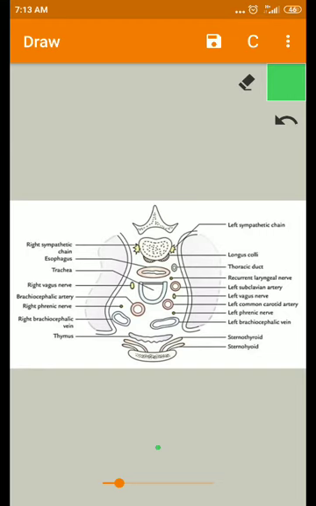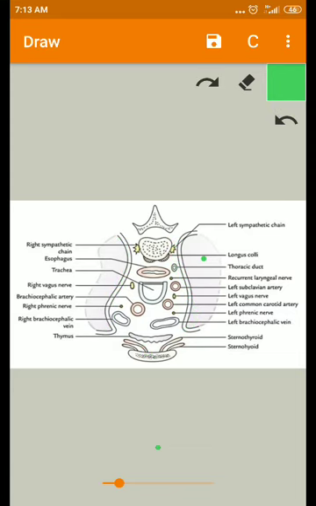Dear students, welcome back. Again, you can see the contents of the superior mediastinum. So, here you can see this transverse section. These are the lungs, and this is the mediastinal pleura, and this is the space. This is the superior aspect of the transverse section of the superior mediastinum, bounded posteriorly by the thoracic vertebrae and anteriorly by the manubrium sterni. These are the borders of the superior mediastinum.